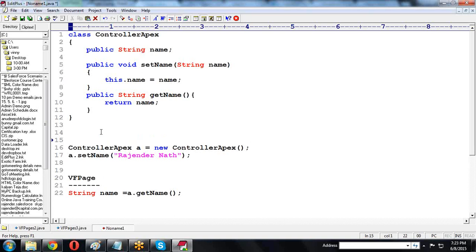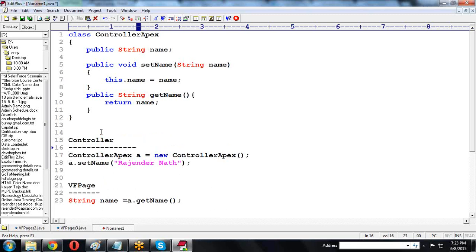So this is the controller class. Here in the controller class we provide setter methods to store data. By using the setter method we store the data in the controller, and by using the getter method we retrieve the data in the Visual Force page. This is the way we write it, but here we have not created anything.